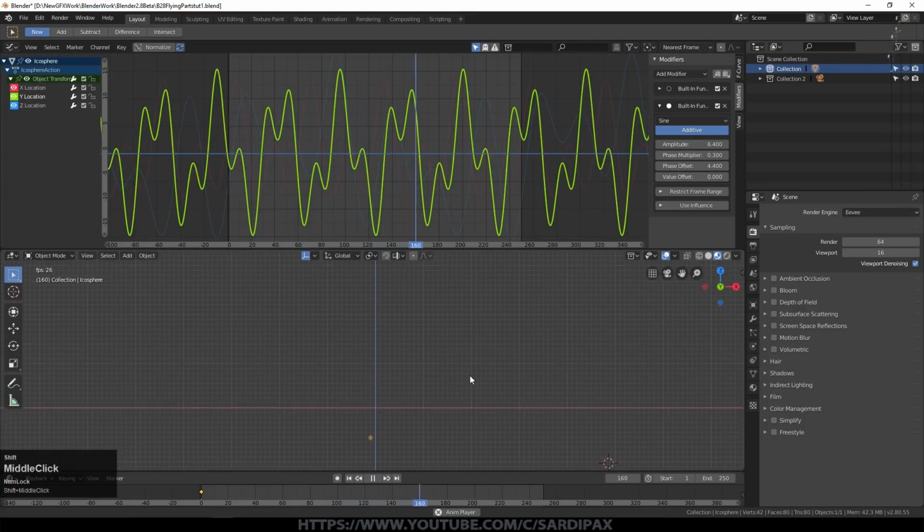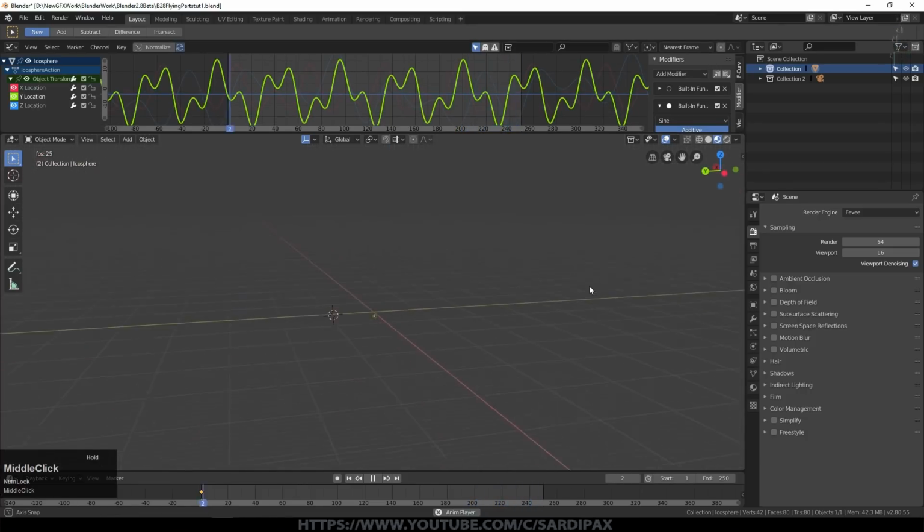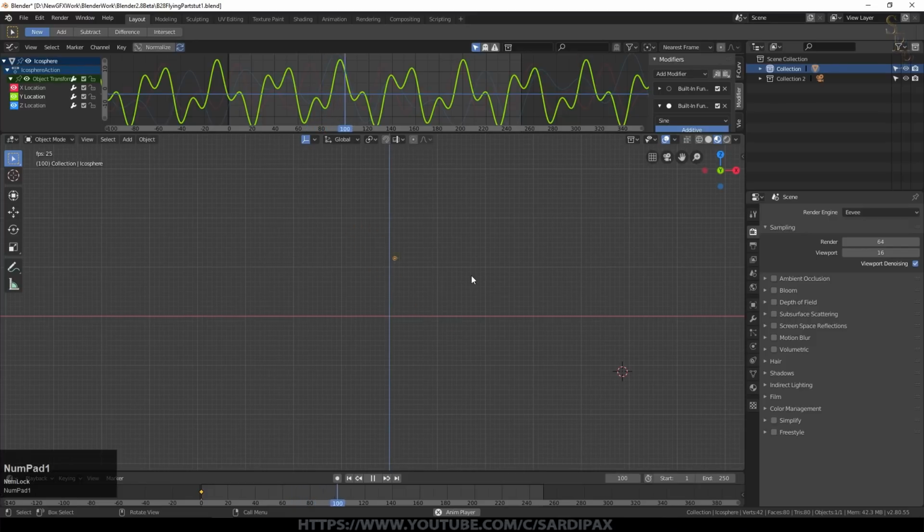So now we can see we've got our object down here, and in all axes it's got this semi-random movement. Roughly speaking, it appears cyclic. It's sort of like a firefly or beetle or something flying around a bright light. It's just random, but it's only pseudo-random. So that's a good start.